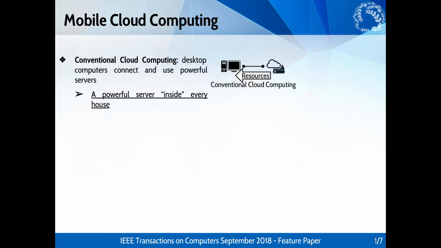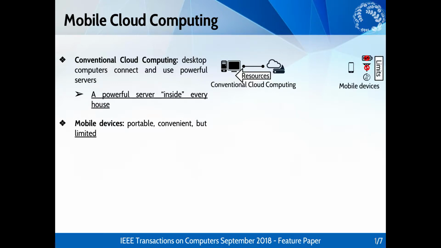On the one hand, we have conventional cloud computing, where desktop computers connect and use powerful servers. Since the computers are using the resources of the servers to run their own local applications, it's like you have a powerful server inside your house. You don't have to worry about the limitations of the computer anymore, since you're actually using the resources located in the server. On the other hand, we have mobile devices, which are small, portable, and convenient, but also have many limitations, such as small battery, slow connection, slow processing power, and severe limitation in what kind of applications they can